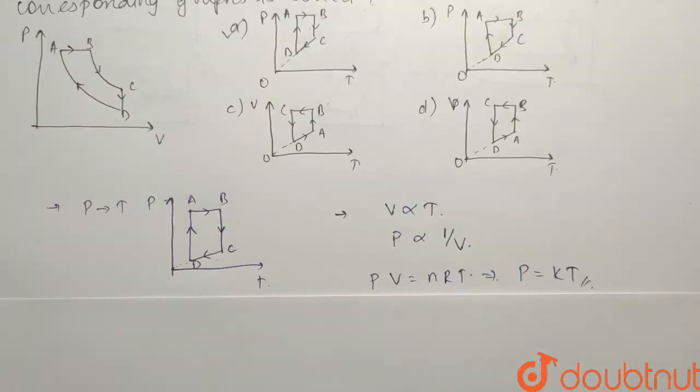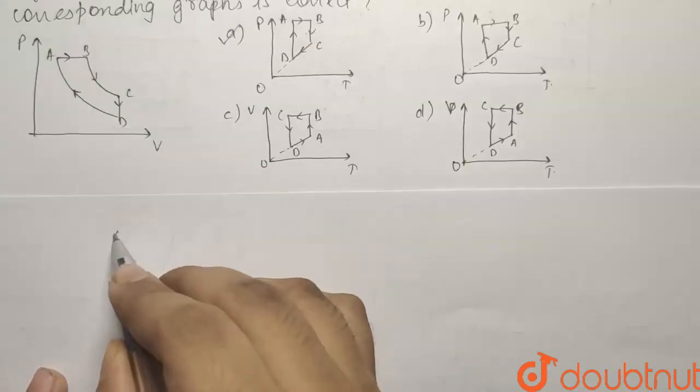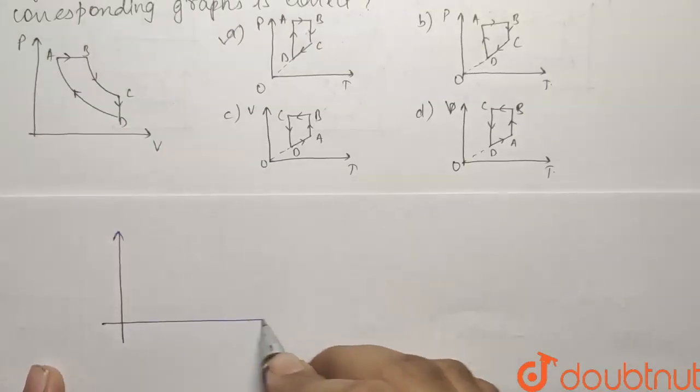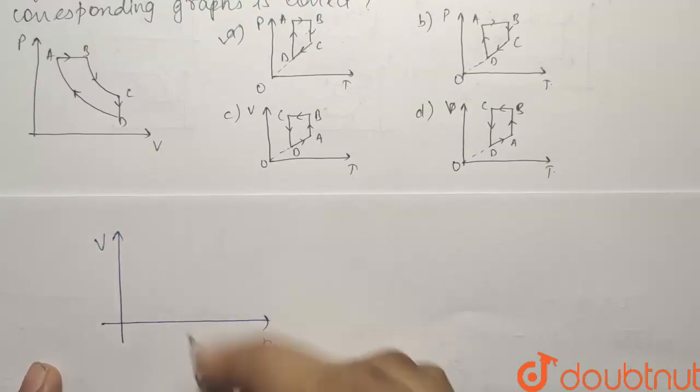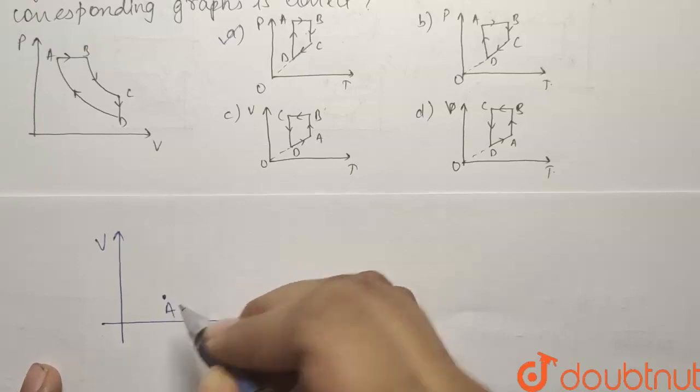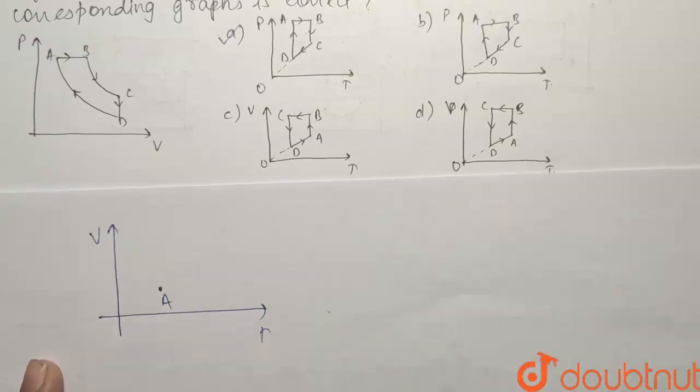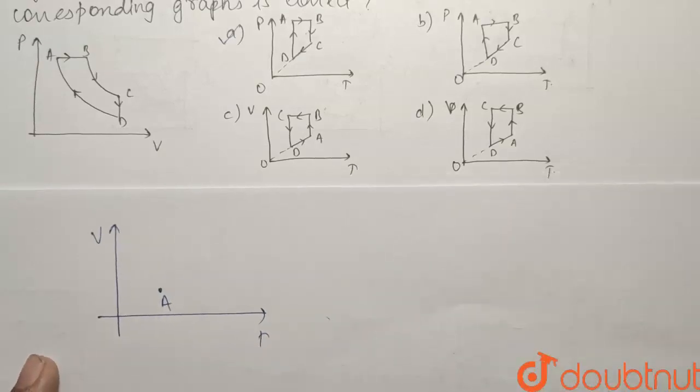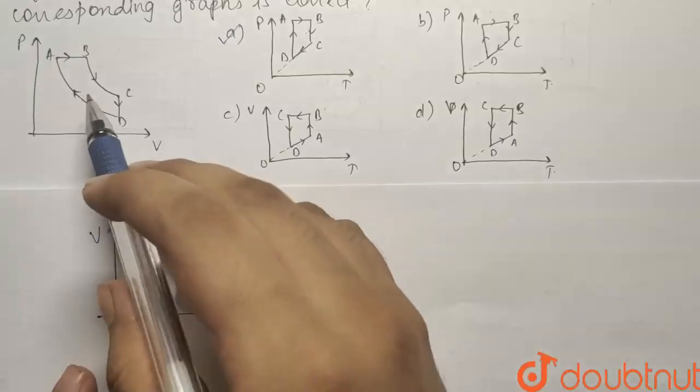So now if I talk about the VT curve, if this is my V axis and this is my T axis, what is happening? If I take a point A here, so if this is a point here, what I'll have is from process A to B is a constant